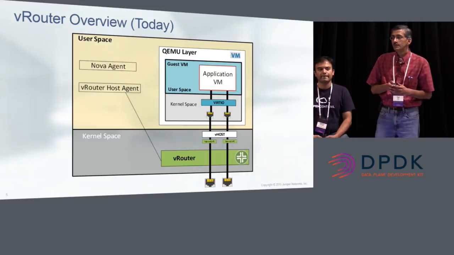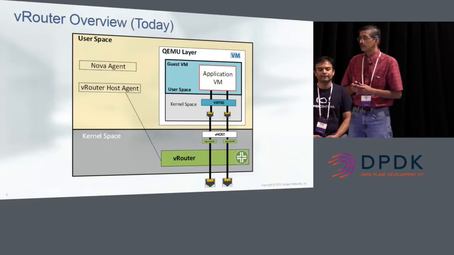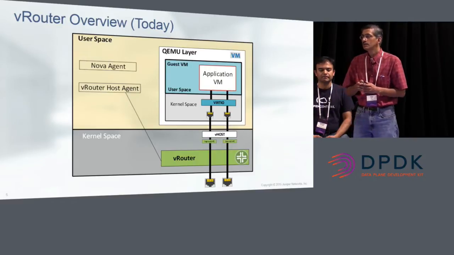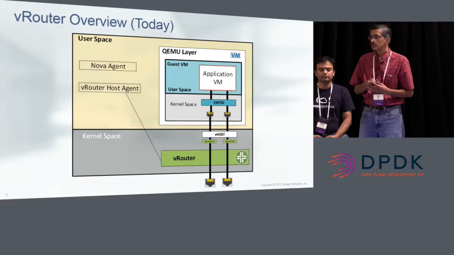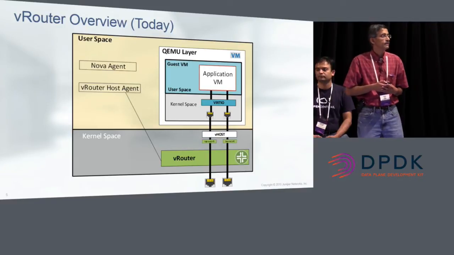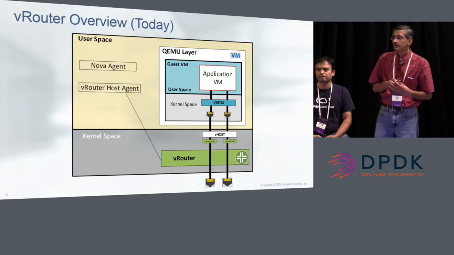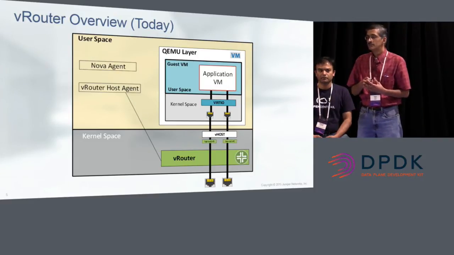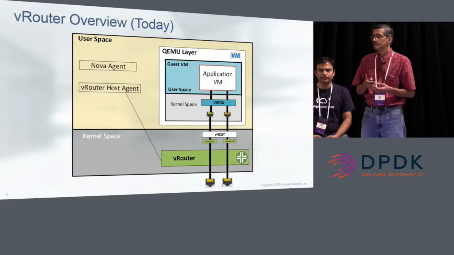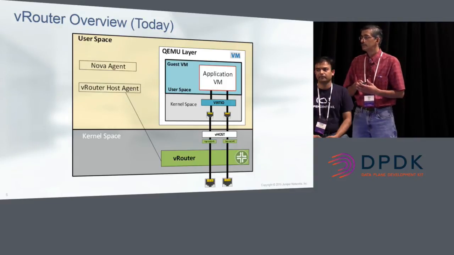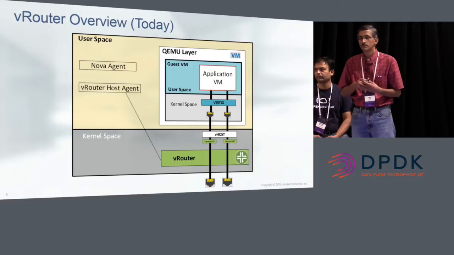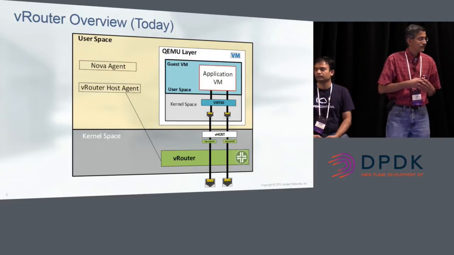And the way we do that is by using overlay tunnels. And we support multiple encapsulations on the wire. We support MPLS over GRE, MPLS over UDP, and also VXLAN tunnels. So one of our important objectives was to make sure that there is no significant performance degradation as a result of using the overlay tunnels. And we've done a bunch of work towards that.